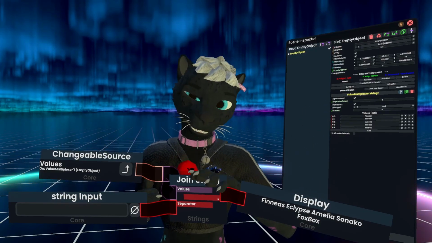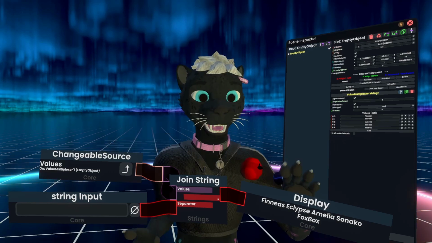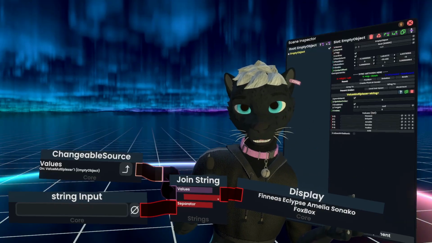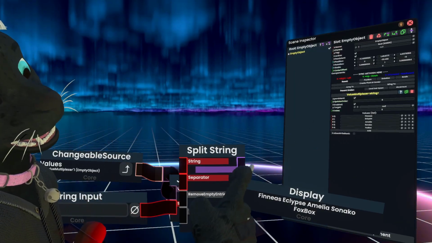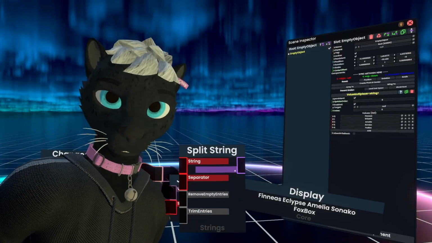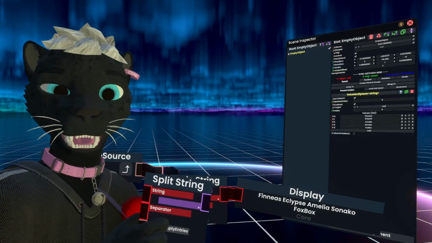Using the new join string node, along with the blank space separator, I have an output now of all of these list components in one single string. We also have a new node, split string, that actually outputs a list. That's one of the few components right now that does that. So I just feel like feeding this new string that we just put together into this component